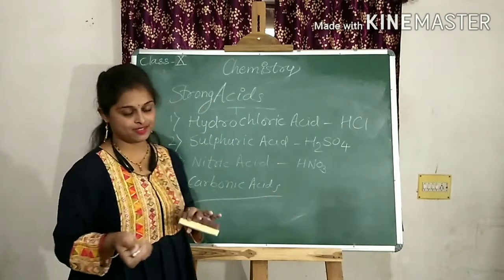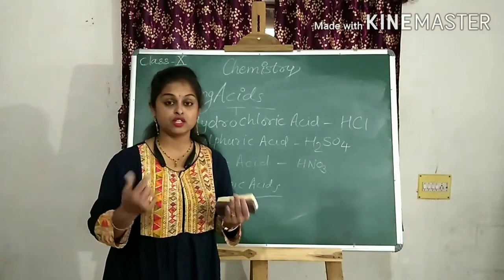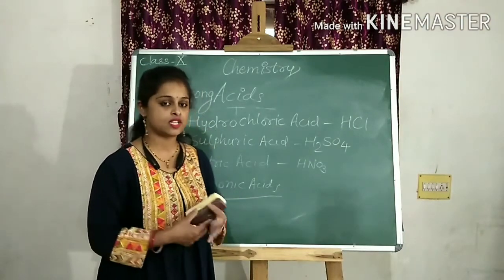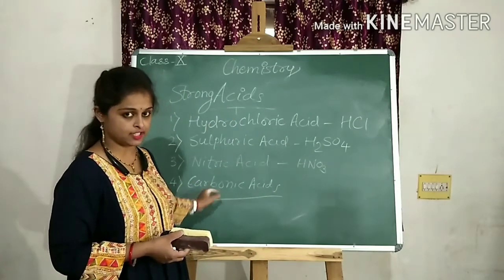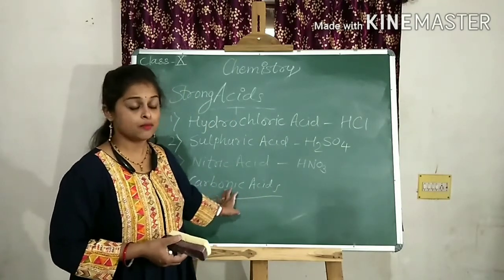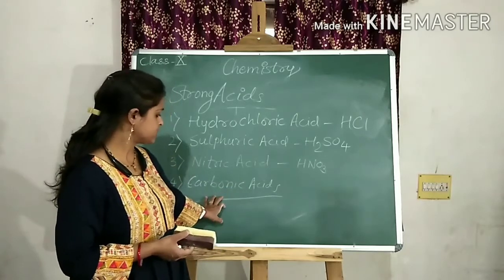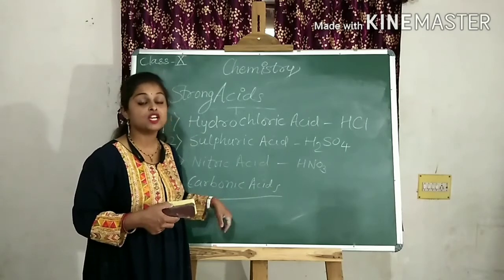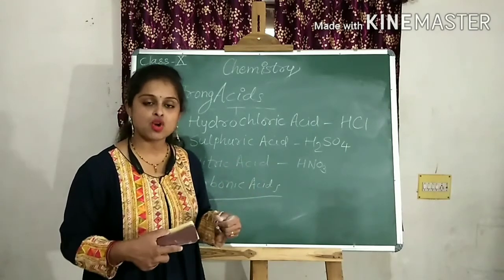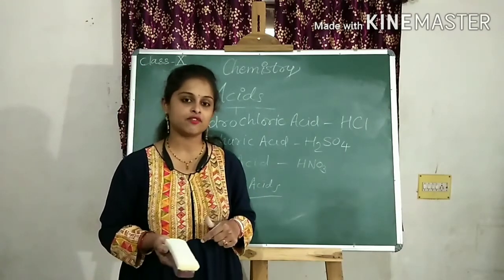The soft drinks like cola and all, which we are using, Pepsi, Mirinda and all these things, they contain this carbonic acid. Though it is included in strong acids, it is man-made, but it is not harmful when we are drinking it because its property is weak. Why is this so? Though it is a strong acid, why do we consider it a weak acid?